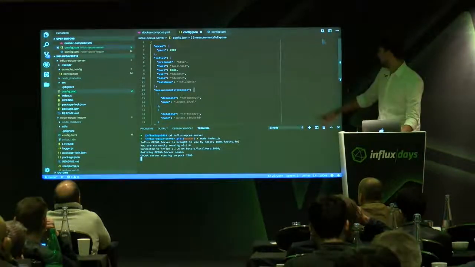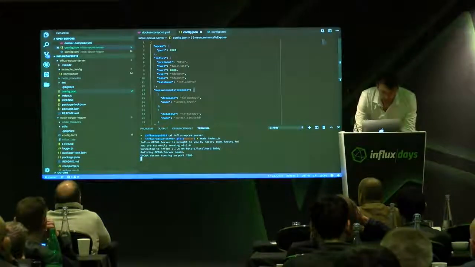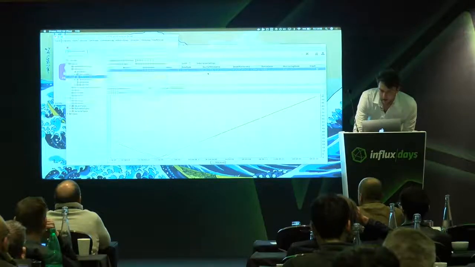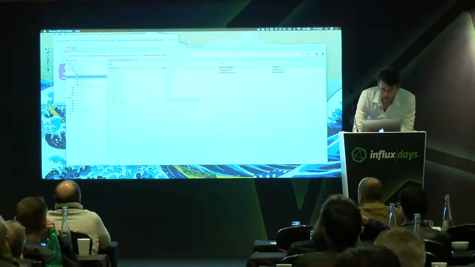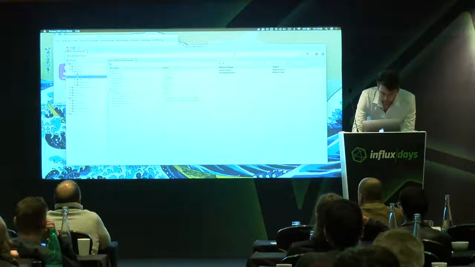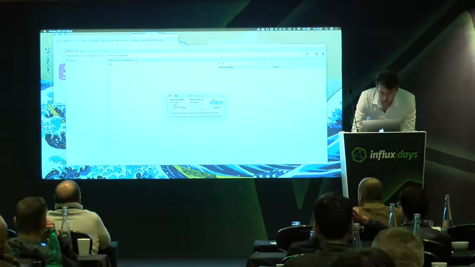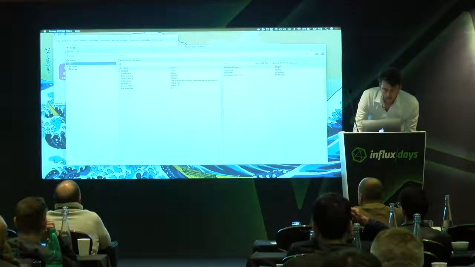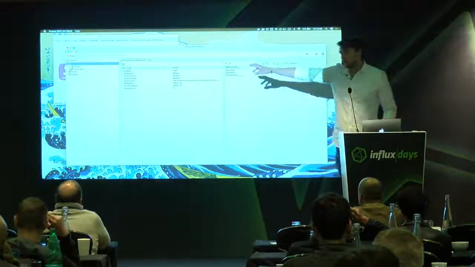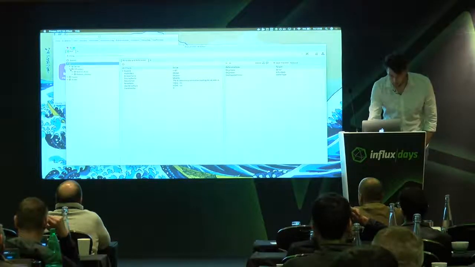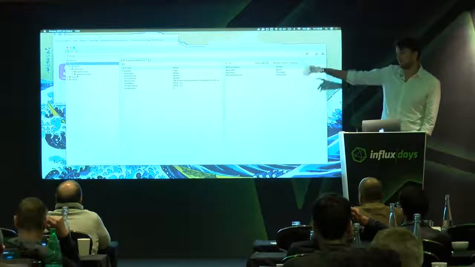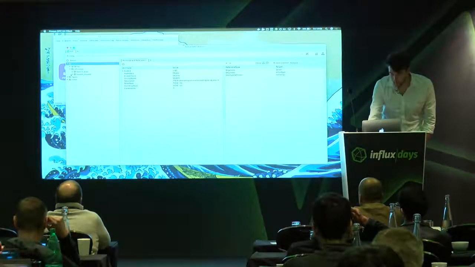There we go. So the server is built and running, and if I go back to my fantastic client here, disconnect from the old one, and go to localhost 7000. There we go. You can see that my database, which was called InfluxDays, is now exposed in my hierarchical browse tree. I can open it, and I have my measurements from the config file exposed here